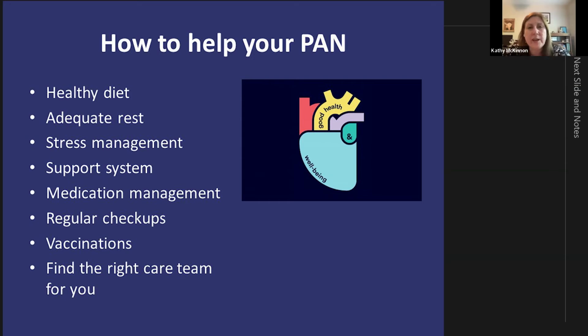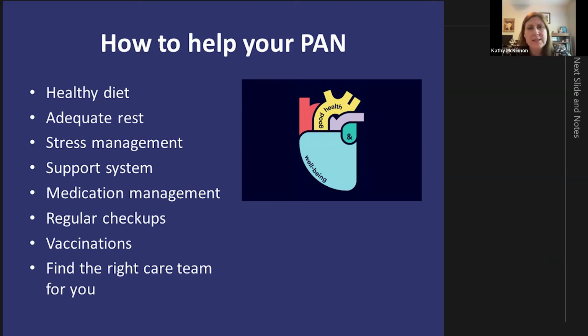Coming to the doctor for regular checkups. Sometimes the blood tests tell us that the disease is starting to become active before you feel sick. So keeping a regular eye on your blood tests and being examined regularly is important for good health. We do put you at risk for infection with the medications we use. And although the vaccines we have are not perfect, oftentimes getting vaccinated against things like flu or pneumonia, instead of the infection putting you in the hospital or the ICU, it can lead to a milder infection that allows you to recover at home and be less sick and less at risk. So we do encourage people to be vaccinated regularly and protect themselves and what we can protect you against.